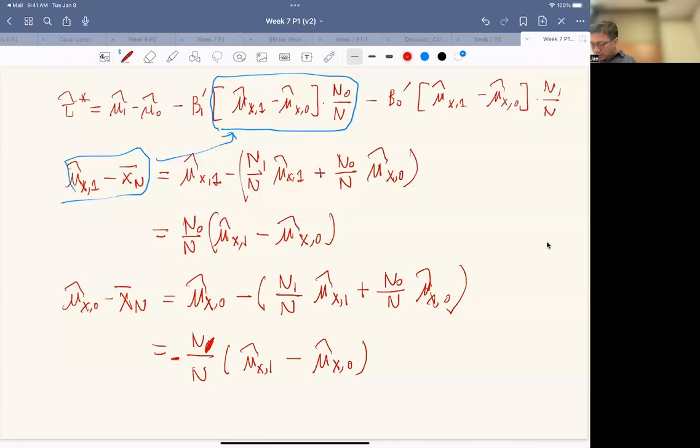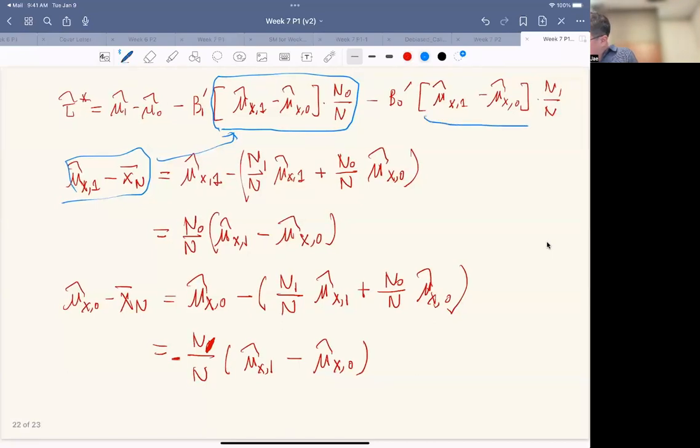And then is this negative, right? Minus. So this guy is indeed equal to mu hat x zero minus. Okay. So that means